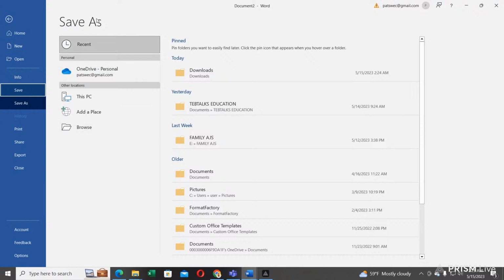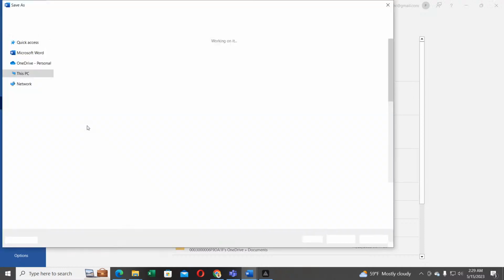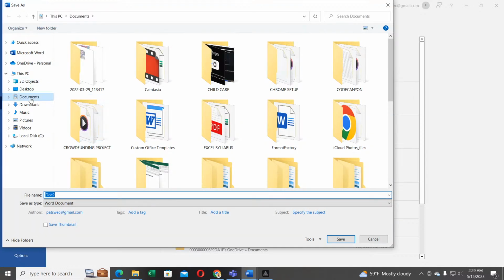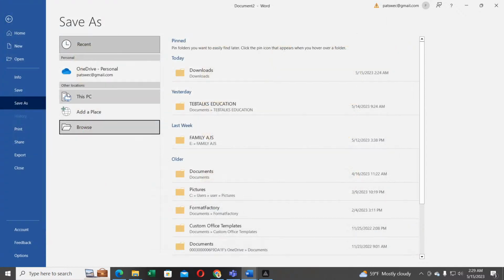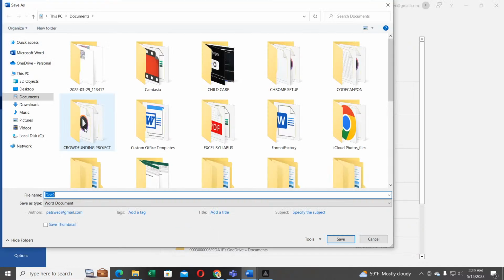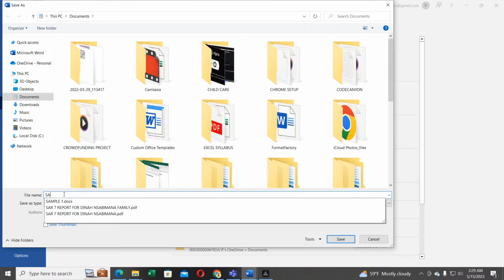For example, I want to save it in say documents. So with this save as, you will have to put the file name and select the file type, which is a Word document. So after that, for example, if I say this is sample 1,